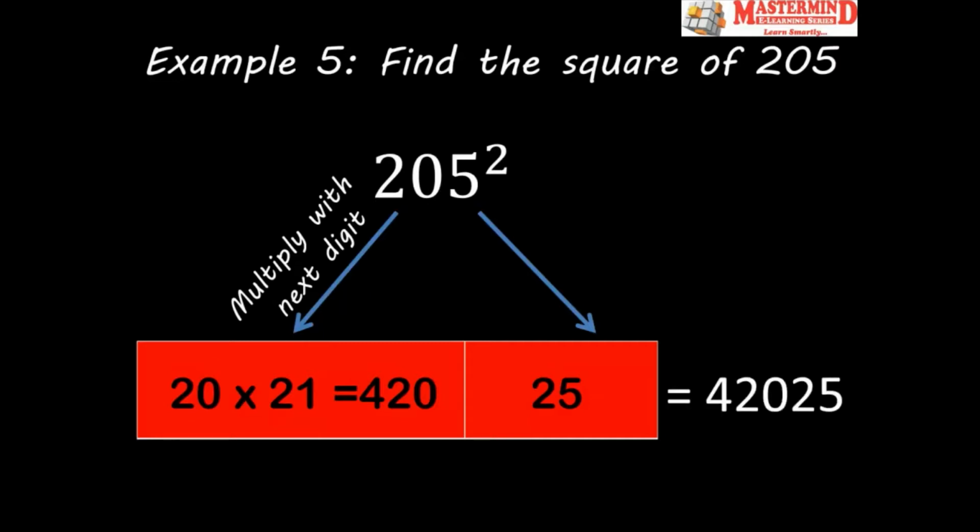42,025. So in this manner, you can find the square of any number that ends with 5 just within a